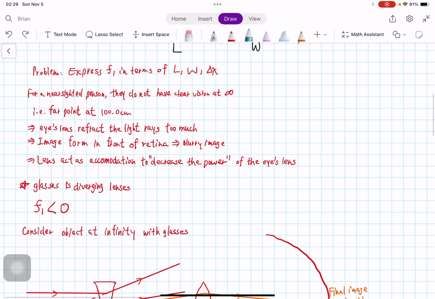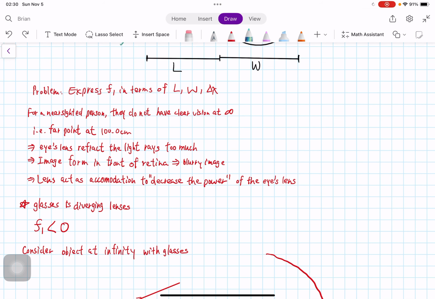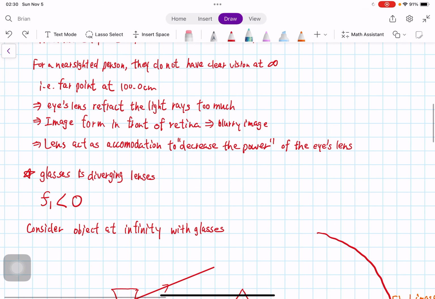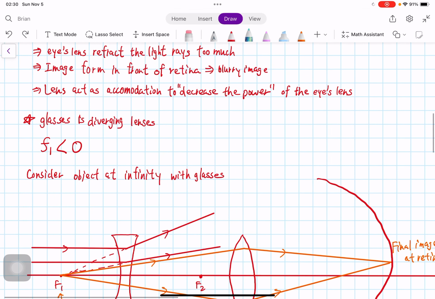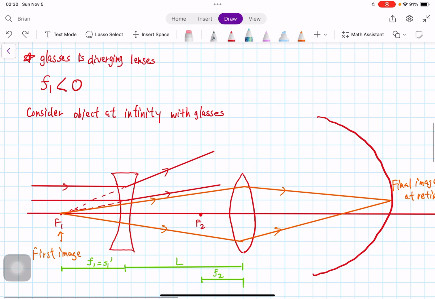So the lens acts as an accommodation to decrease the power of the eye's lens. That means that the glasses is actually a diverging lens. Since it is a diverging lens, the focal length should be negative. So when we're considering the object at infinity with glasses,